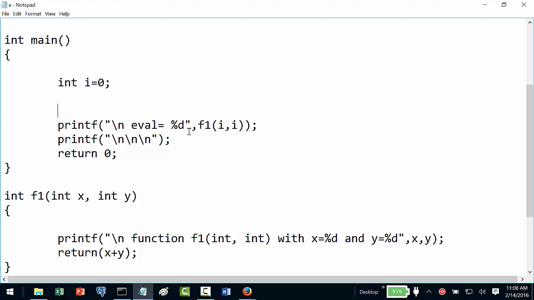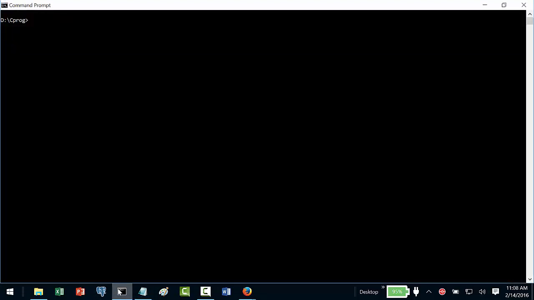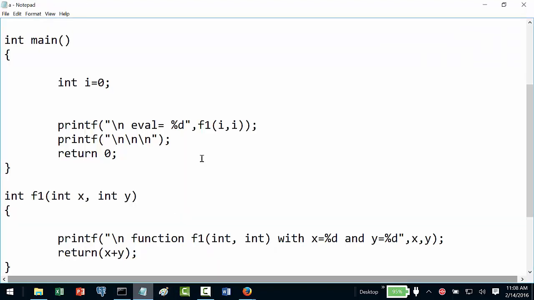The second important thing is, suppose for example I have i and i, right? Now our question is whether this value gets assigned to x and next the y value is assigned to this one, or whether this value is assigned first and that value is assigned to x. With respect to this example, you may say what difference it makes, isn't it? It may not make any difference.